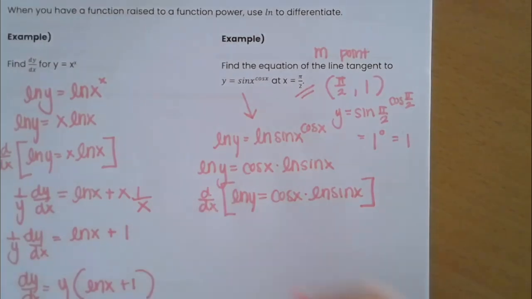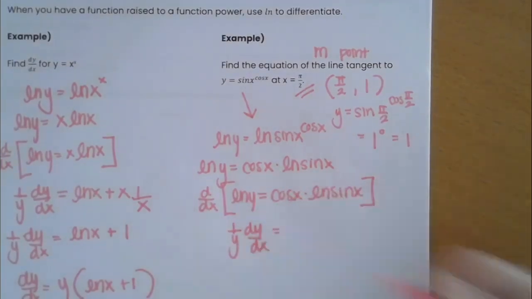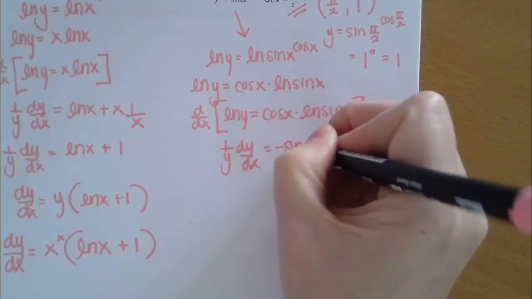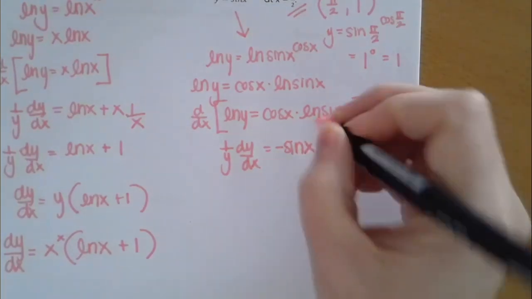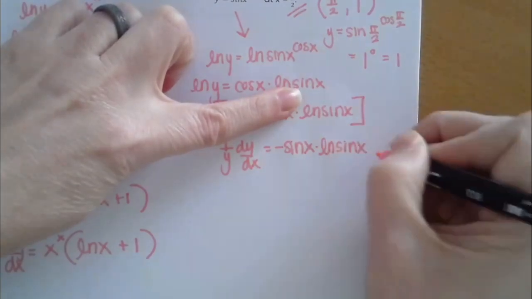Derivative of this one, we just did that. That's 1 over y dy dx. We did that in the previous example. Here we've got a product rule again. So the derivative of cosine is negative sine. So we have negative sine x times, we're going to leave this one alone, natural log of sine x, plus,